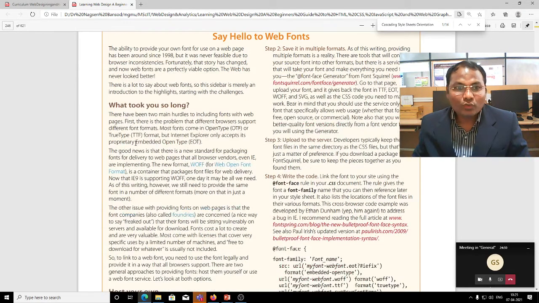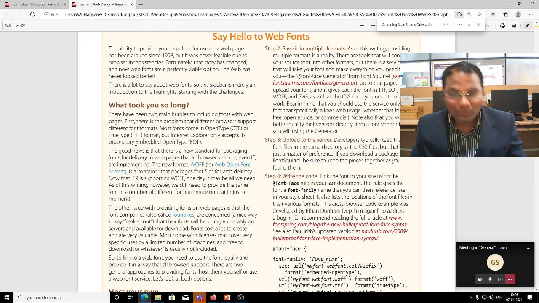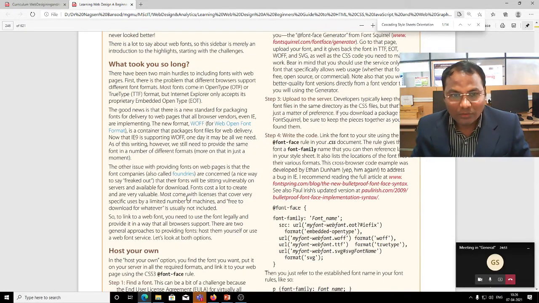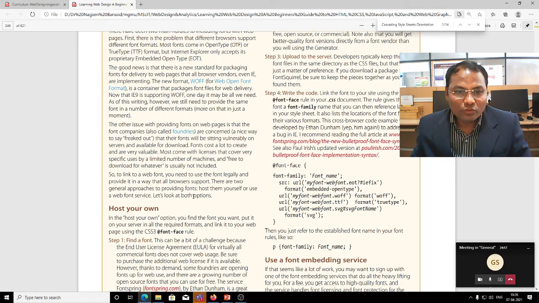There is not a lot to say about web fonts, so the sidebar merely introduces the highlights, starting with the challenges. Suppose we have kept our font in the browsers, there are some challenges. Browsers do not support all the fonts, so it is a very challenging task to use our own font. How to host your own?